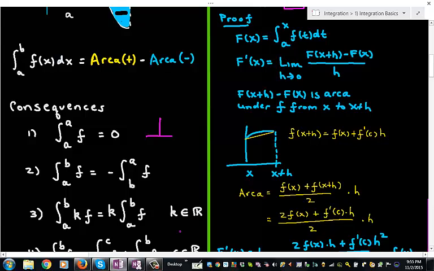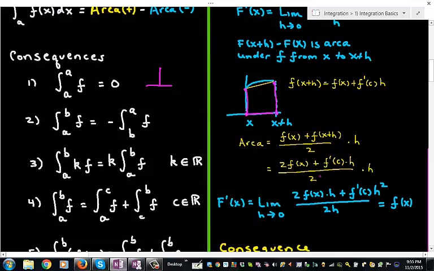And if we now go to approximate this area using the trapezoid rule, so these can be my endpoints of the trapezoid I'm interested in. I know what the formula is. It's the average of f of x and f of x plus h, times h. I'm going to substitute in this Taylor series expansion for f of x plus h,